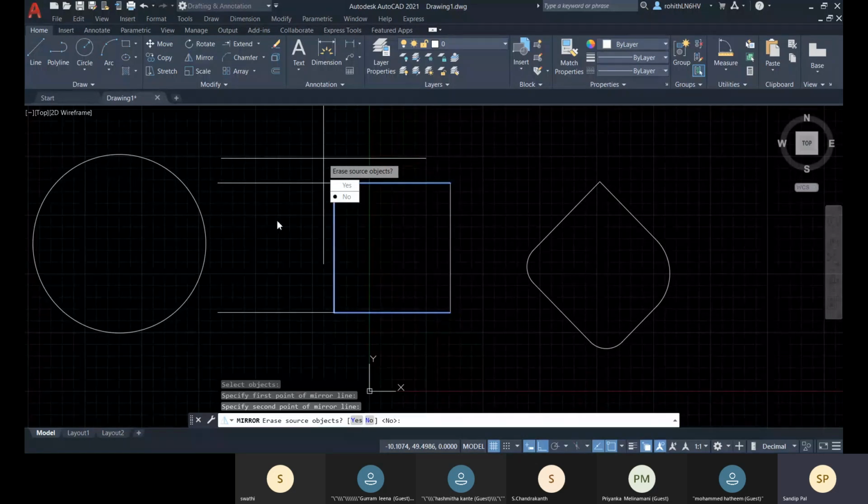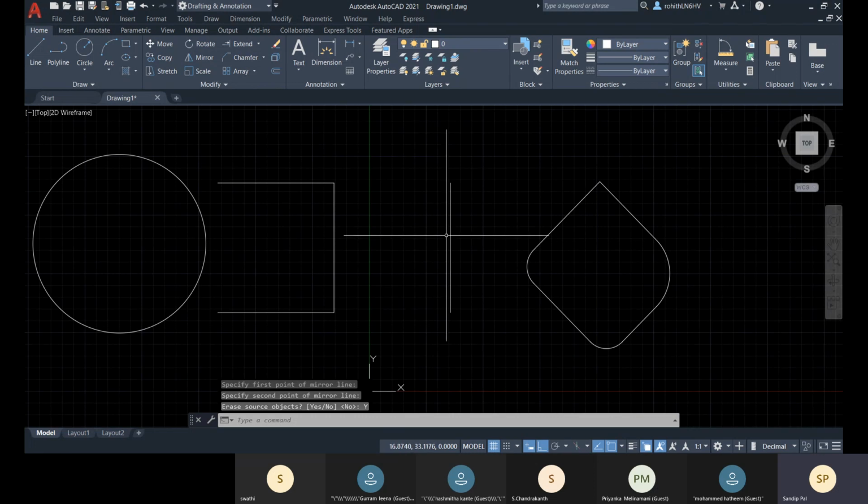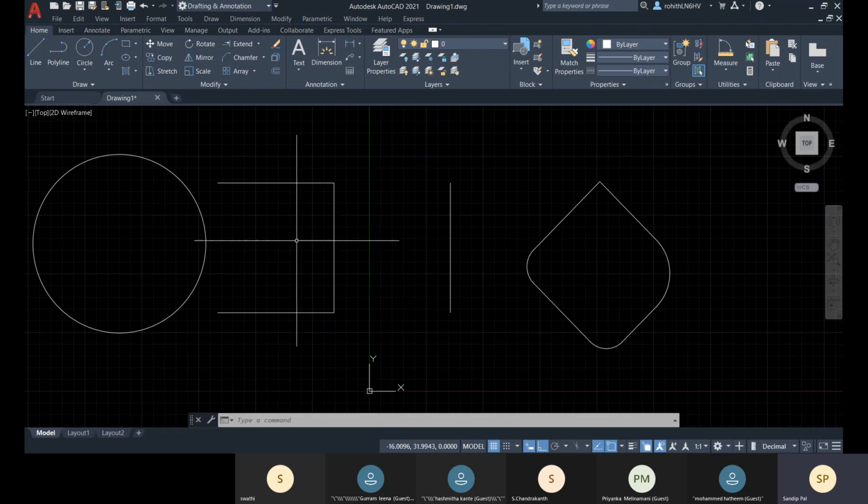So what you have to do is erase the source object. If you want to keep the source object, or you want to duplicate, then go for no. So I want to just make my existing object symmetrical. So let me go for erase source object, yes. So now you see that the existing object I have mirrored.